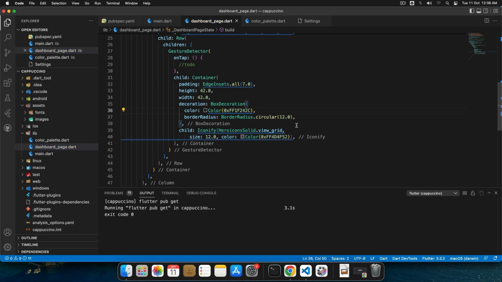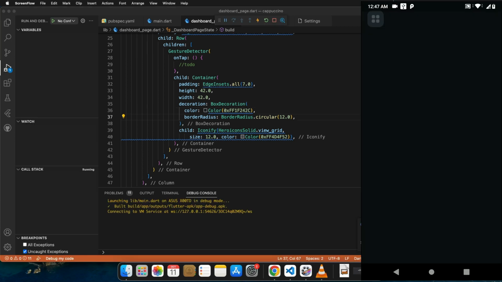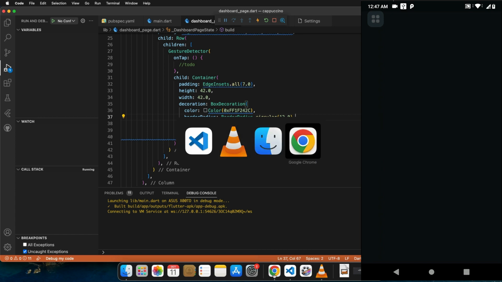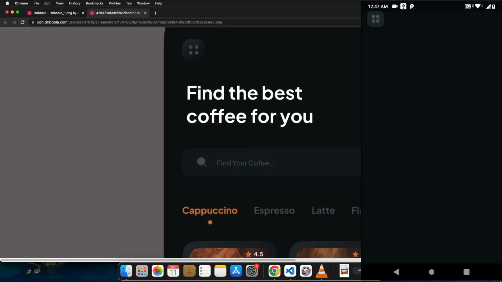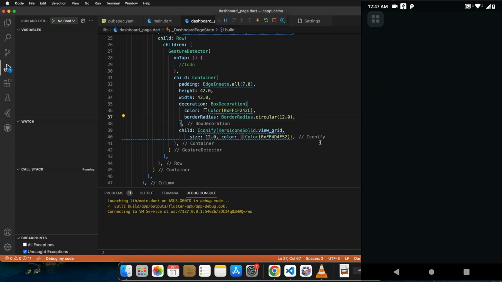Alright, let's see how this looks on the mobile device. I'll try to keep the mobile device side by side so that you guys can see how it starts to really show up as we go about coding this entire thing. Alright guys, now you can see that we have this part. Let's do this one. So that's just going to be another gesture detector. I'll just copy some of the